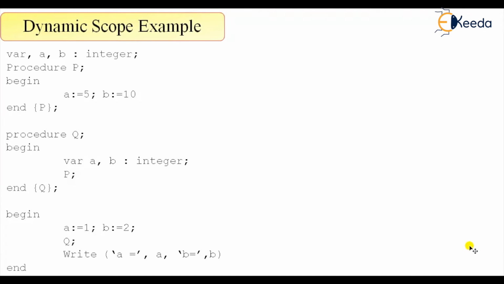Welcome again, and here we are discussing this dynamic scoping example. I have not changed the previous question; I have taken the same question. This is the block for P, this is the block for Q, and this is my driver function, that is main. So when you say A equal to 1 and B equal to 2,